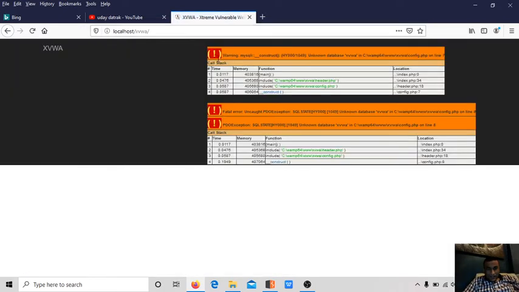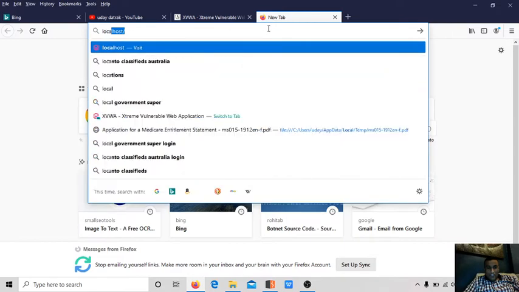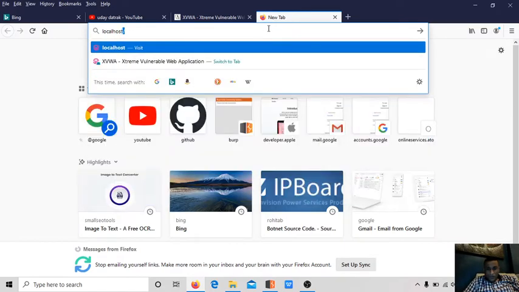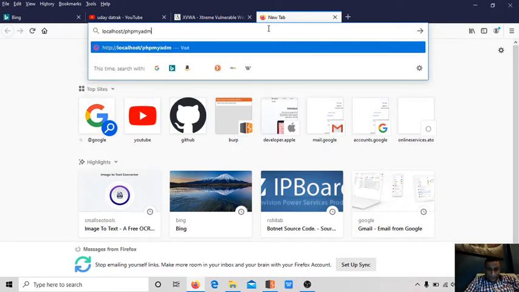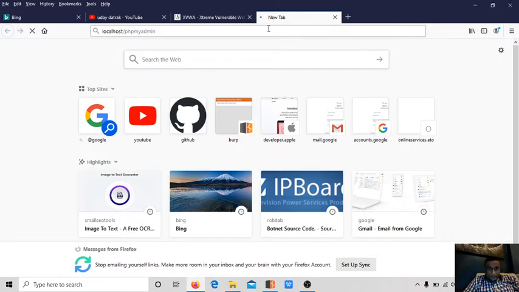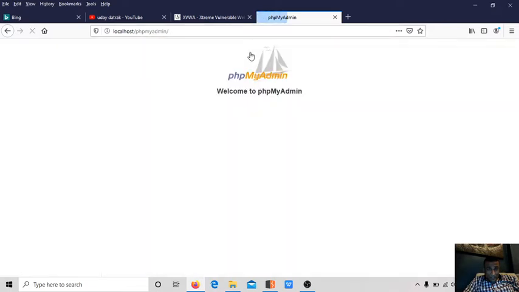Like what it is saying, unknown database. So now what you need to do as a fresh start, I am just showing only one or two applications, guys. Now phpMyAdmin, I'll try to create the database.